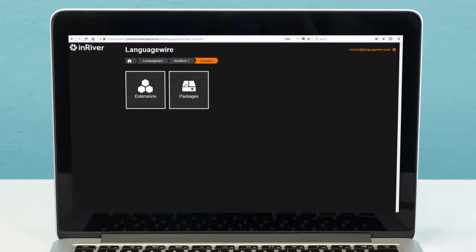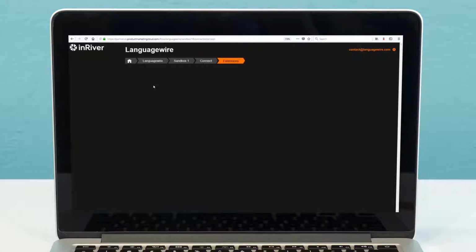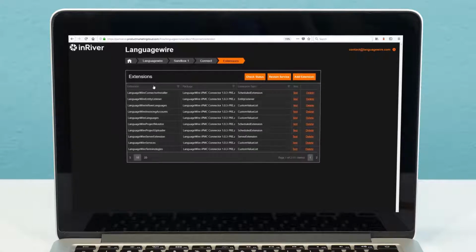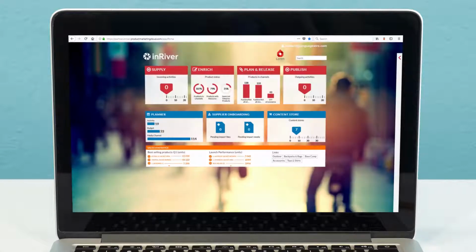Setting up the connector is a quick and simple process. You install a package in your InRiver cloud environment and do a simple configuration of the included extensions. Configuration applies your company business rules, like invoicing and preferred translation services, and establishes the link between your InRiver PIM and LanguageWire. To start translation of your product information, log on to the InRiver web portal and go to the